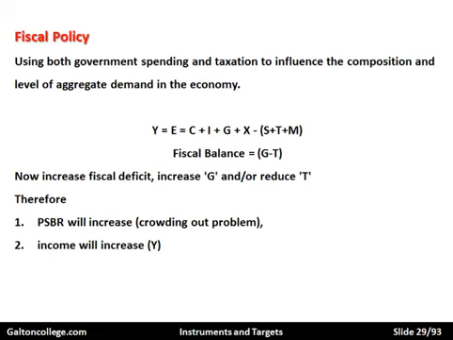But if we have an increase in G, we have an increase in the fiscal deficit, then incomes should increase. If the first point doesn't work, if we don't have crowding out, then incomes should increase. We have more expenditure in the economy. More expenditure means more demand for goods and services. Incomes will rise. And that also will mean more workers are required, so unemployment should be reduced.